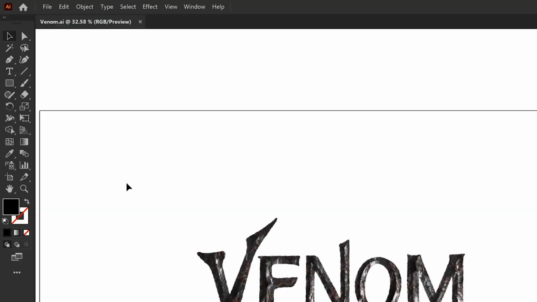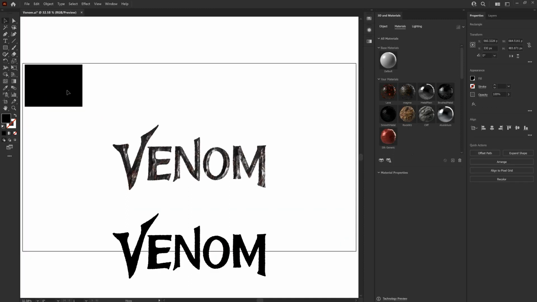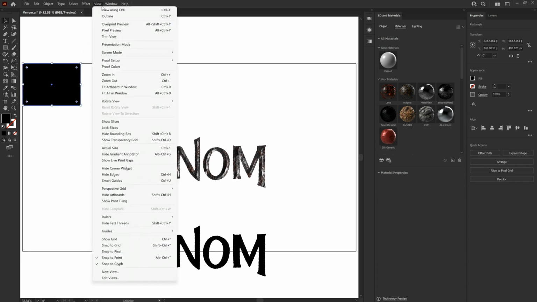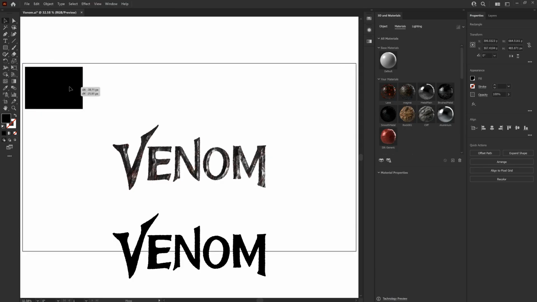Okay, next let's select the rectangle tool, click and drag to draw a 4-sided shape, and I'm going to use this to draw a background. Now if yours doesn't snap into the top left corner, just go up to View at the top, and just make sure you have Smart Guides turned on. This will now snap into the corner nice